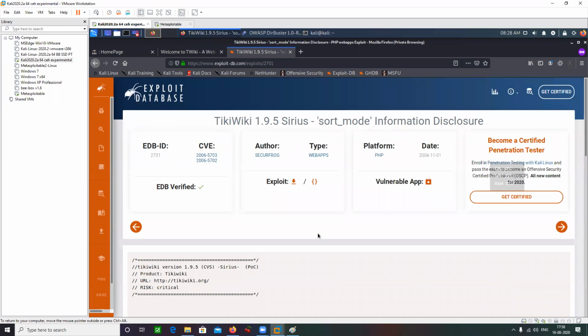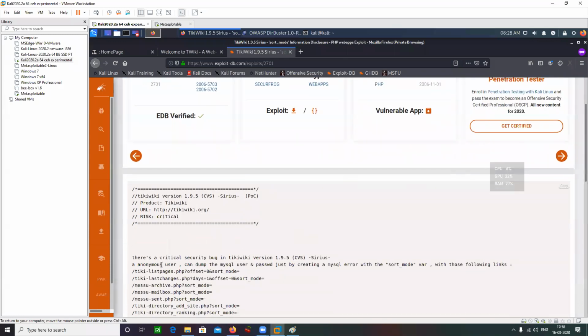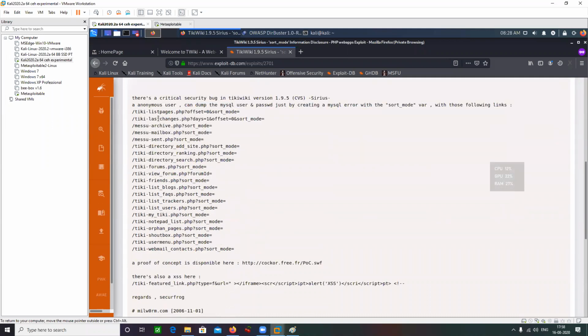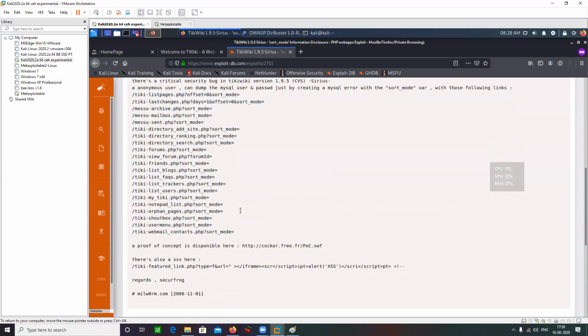Not of that much use, not an issue. There's a critical security bug in TikiWiki: an anonymous user can dump the MySQL user and password just by creating a SQL error. The exploit explanation and proof of concept are here.